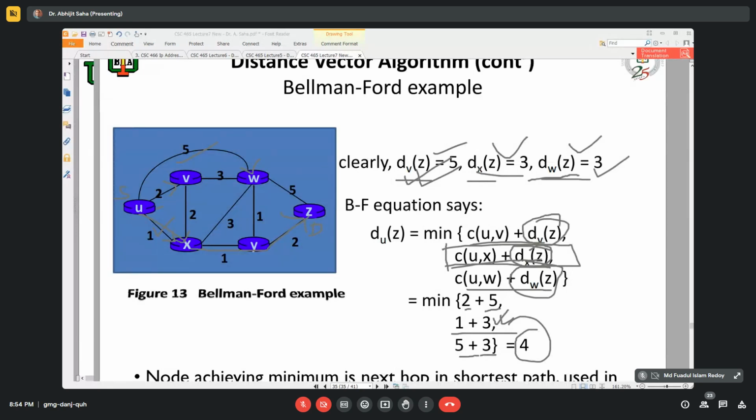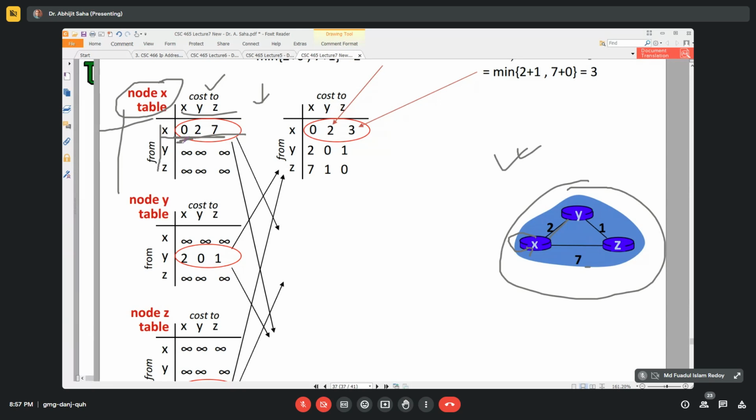স্যার, No sir. আরেকটা জিনিসের প্রবলেম ছিল না, এখন তুমি যদি এক্স থেকে এক্স এ যাও তাহলে তো জিরো, এখানে কোনো ইয়া নাই। কিন্তু তুমি যদি এখন এক্স থেকে ওয়াই এ যাও, তোমার এক্স থেকে ওয়াই গেলে তুমি দেখো তোমার এখানে একটা পাথ আছে যে ডিরেক্ট পাথ, সেটা হলো 2। এখন তুমি বেলমন্ট-ফোর্ডের ইকুয়েশন যদি লেখো তাহলে কি হবে, কস্ট অফ এক্স টু ওয়াই, আর ওয়াই হলো তোমার ডেস্টিনেশন, তাহলে প্লাস ডি ওয়াই টু ওয়াই, তাই না? তার মানে হচ্ছে 2 প্লাস 0, কারণ ওয়াই থেকে ওয়াই গেলে 0 হয়, তার মানে 2। এখন তোমার এখানে কিন্তু আরেকটা পাথ আছে, সেটা হলো কস্ট অফ এক্স টু জেড। তো এক্স টু জেড এর ইয়া কত, 7। আরেকটা কি, প্লাস কস্ট অফ এক্স টু জেড প্লাস ডি জেড টু ওয়াই। তো ডি জেড টু ওয়াই কত, 1, তাহলে তুমি কত পাইলা, 8। তাহলে তোমার কোনটা লিস্ট কস্ট, এইটা। তোমার ভ্যালু আছে কত টেবিলে,